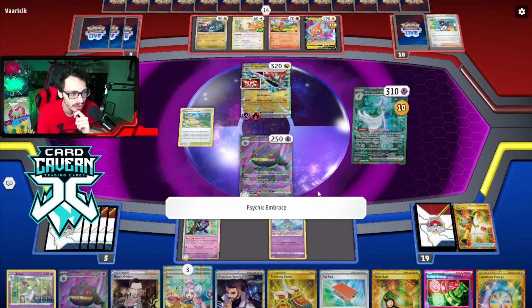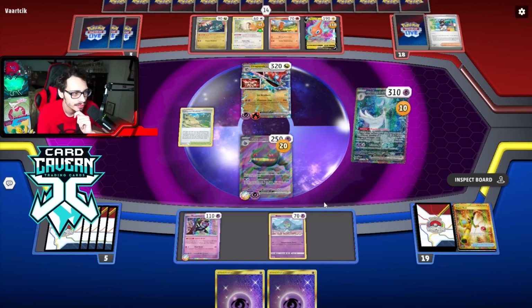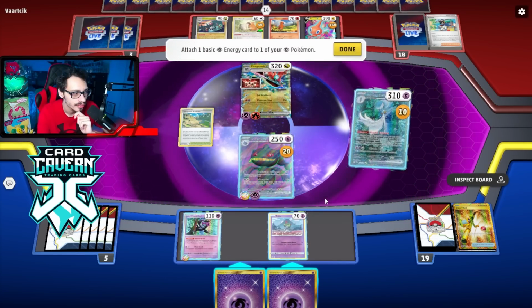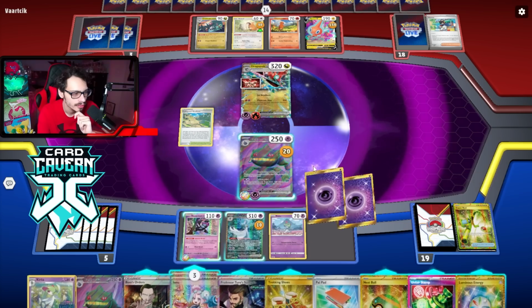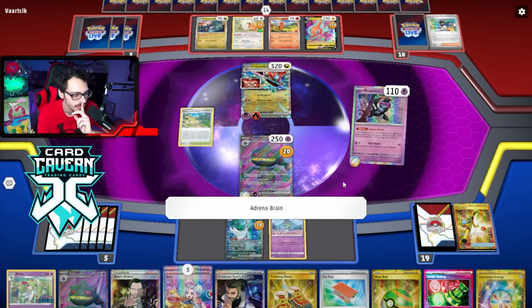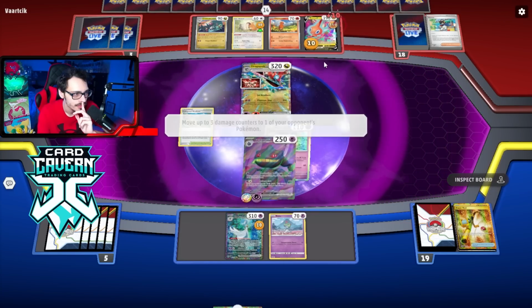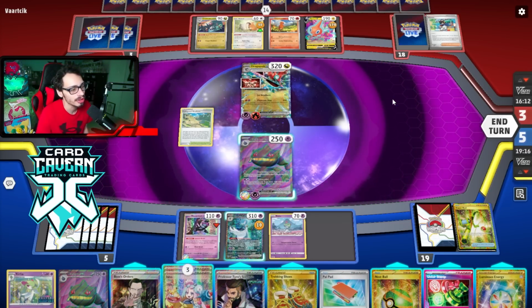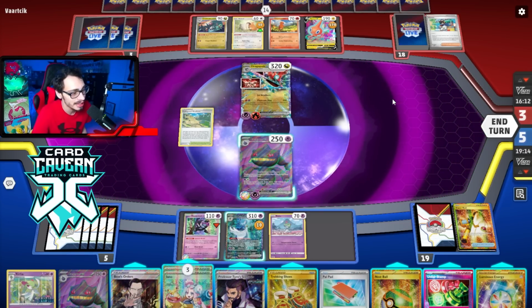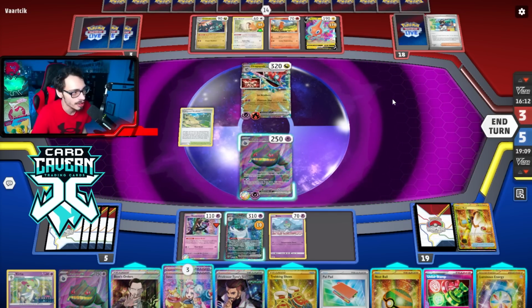Okay, let me Psychic Embrace. Go here. Is this the right play is the question, though. Not too sure. Do I really want to break the item lock is the question. We can Nest Ball here for Alakazam. Then we can knock out...